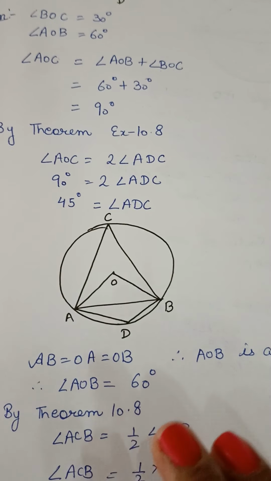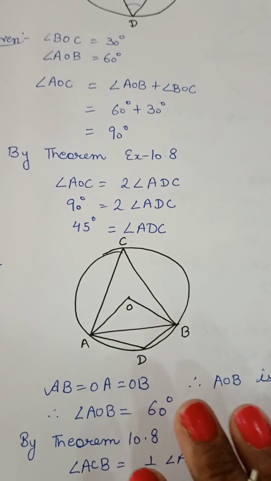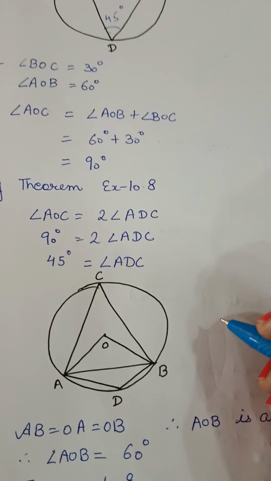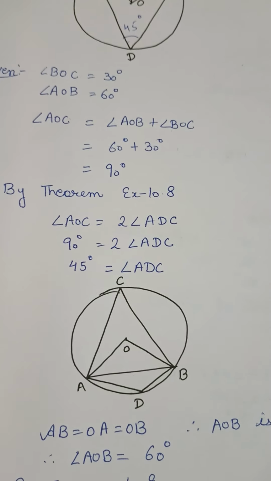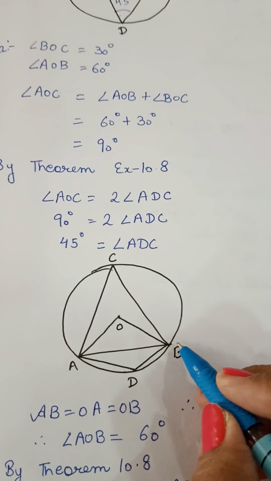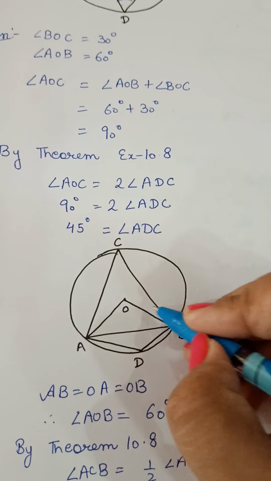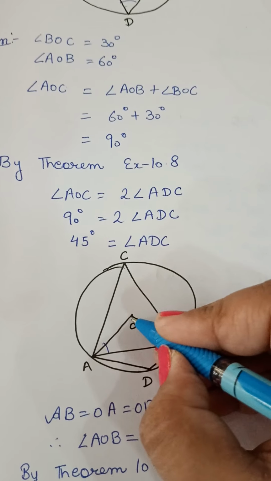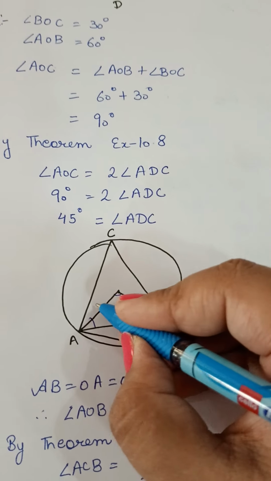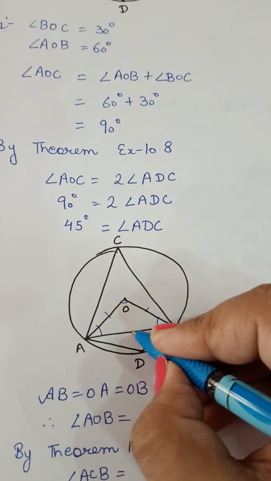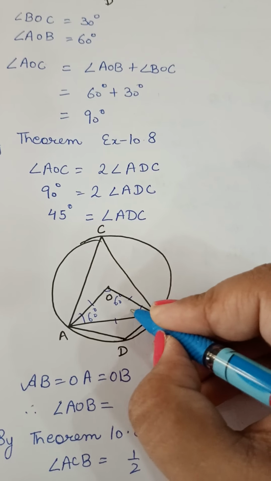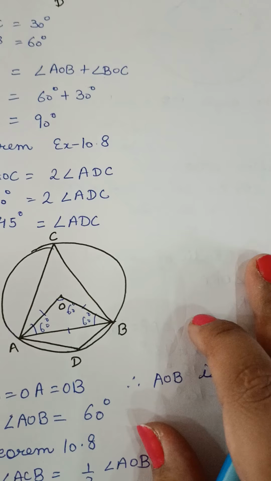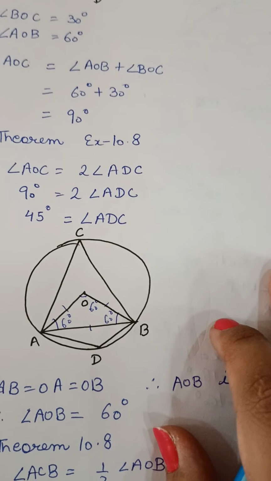Now in question number 2, this is the figure. We have to make it on our own, from the question. So what's given in the question? A chord of a circle is equal to the radius of the circle. So let AB be a chord which is equal to OA and OB. So these are the three sides which are equal to each other. You know that in an equilateral triangle, all three angles will be 60 degrees. So each angle will be 60 degrees.